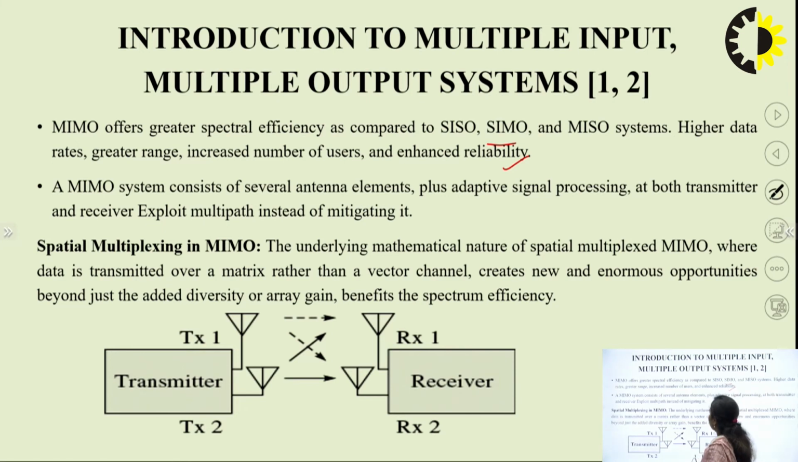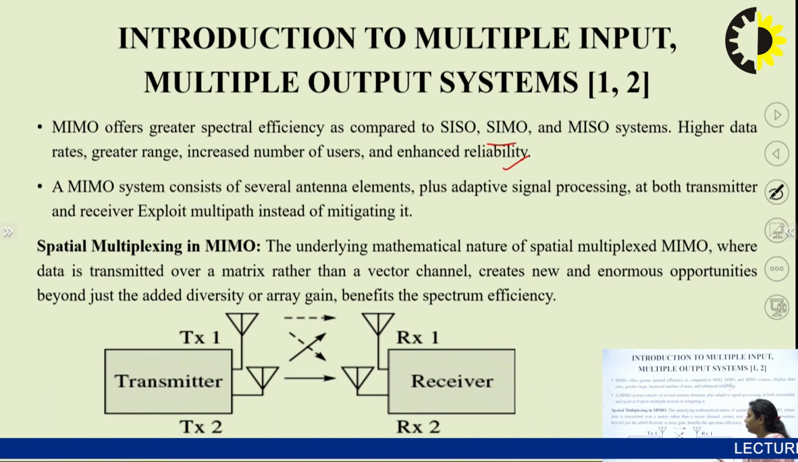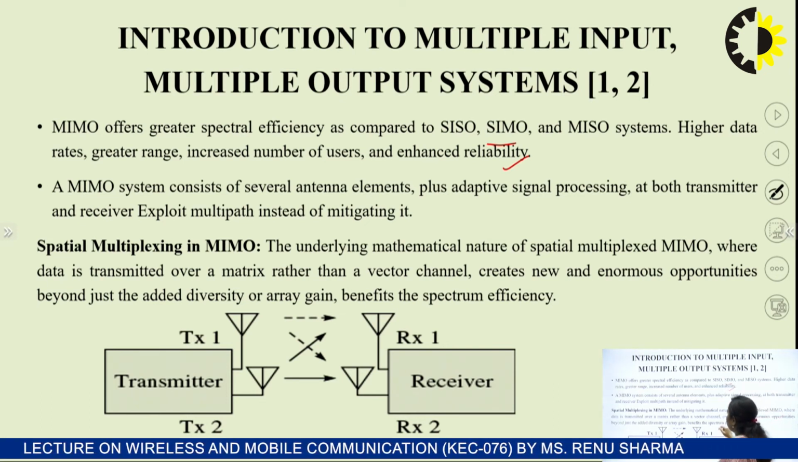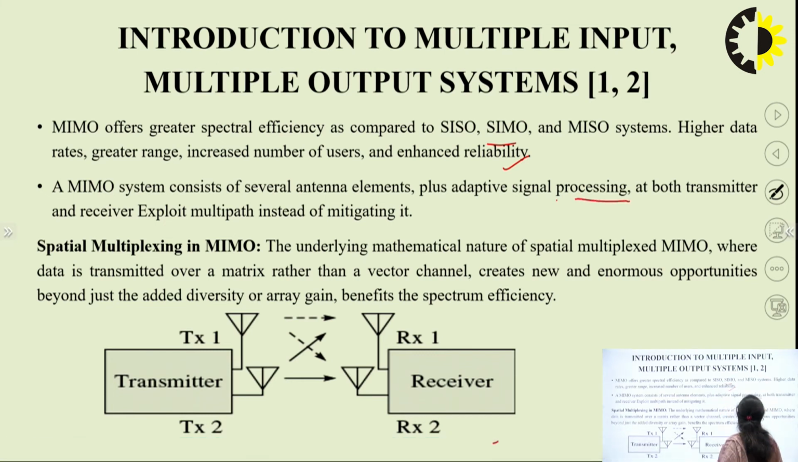A MIMO system consists of several antenna elements, which means at the transmitter side there will be multiple antennas, and at the receiver side there will also be multiple antennas. So it is a multiple input multiple output system. It consists of several antennas plus signal processing at both the transmitter and the receiver, and spatial